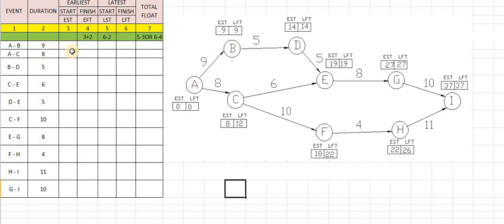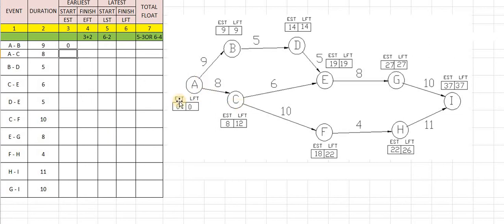But what about the EST value? A to B, B is the next point, so B is having the value as 9. Sorry, this value will be changed. While calculating the EST values we have to feed the EST value in this column. So for A to B, we have to see the initial point. What is the initial point? A is the initial point. So while feeding EST we have to see the initial point. The initial point is A, so the EST value for A is 0. So we will take this as 0.